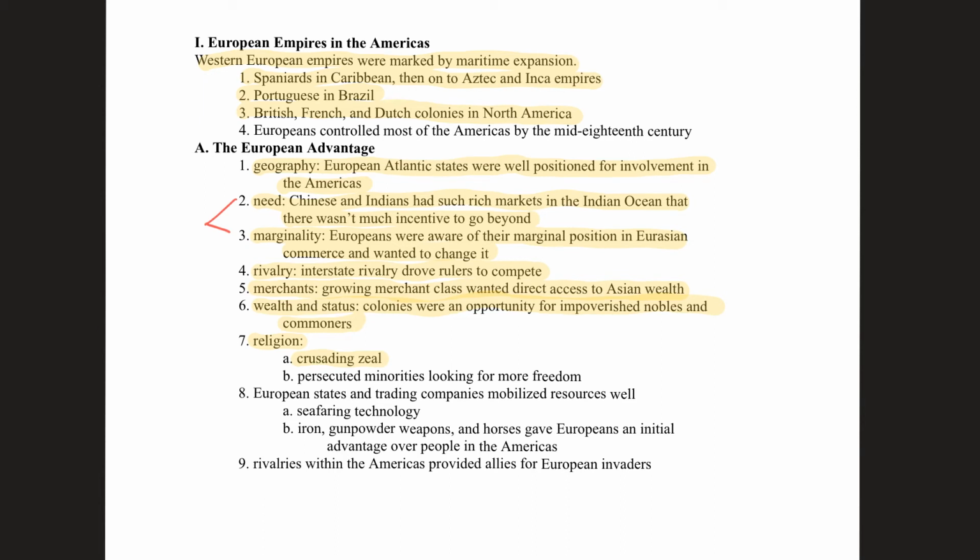One of the issues here is also going to be that rivalries within the Americas provided allies for European invaders. And this is something the Europeans do quite often. In fact, you want to put down here next to number 9 that the idea of divide and conquer will be popular for the colonizers. They're going to use it during this period of colonization from 1450 to about 1750,